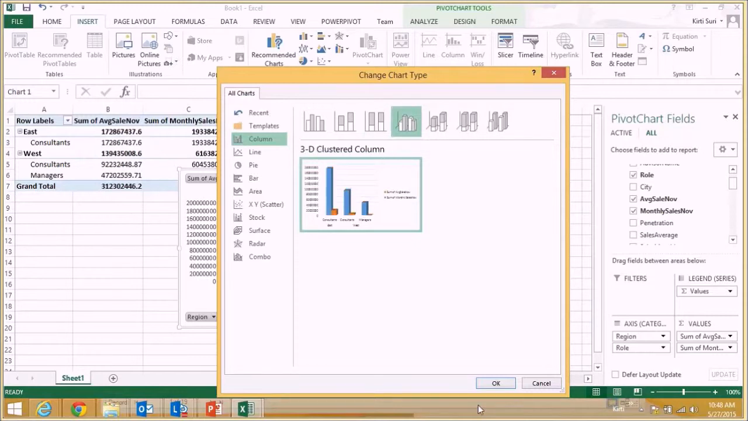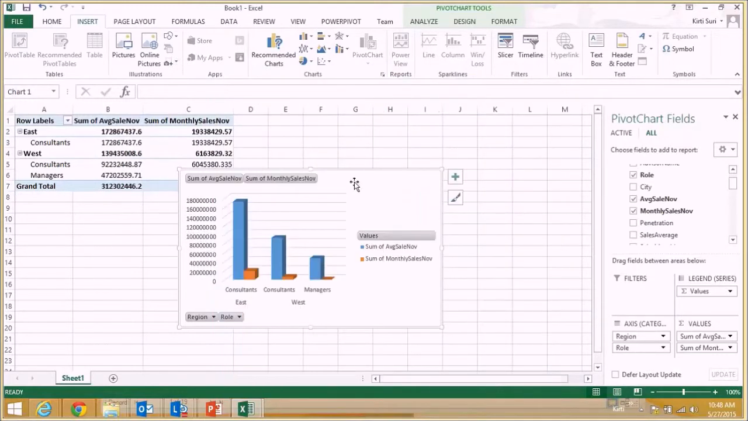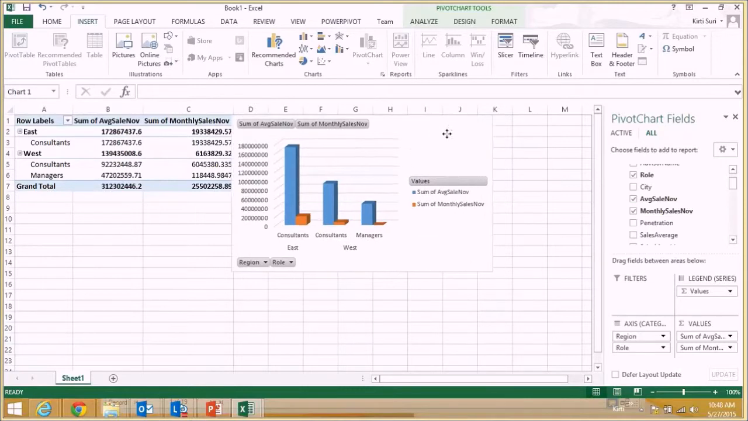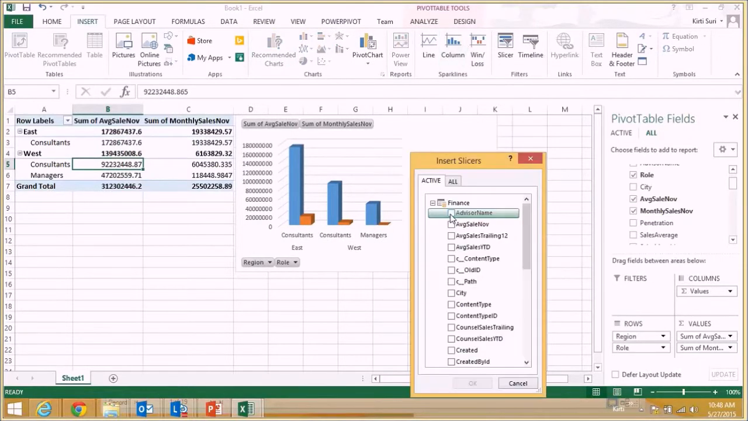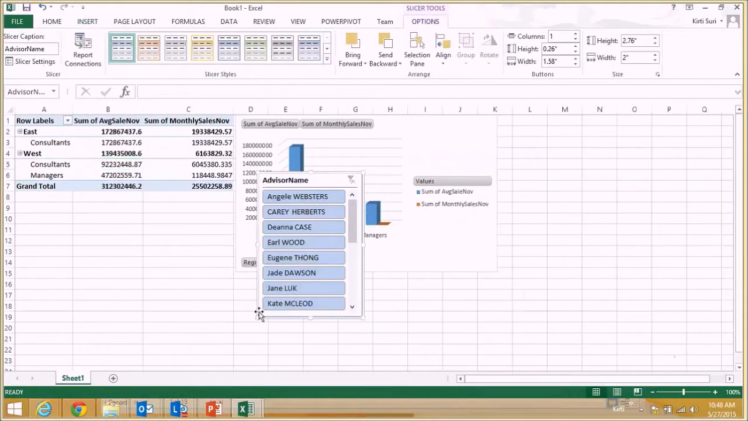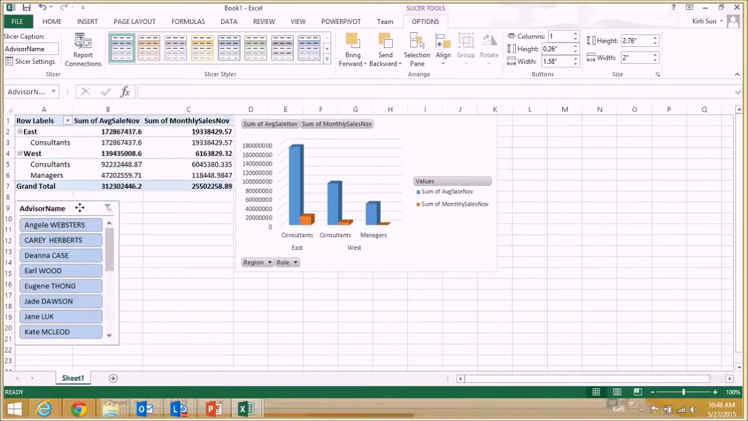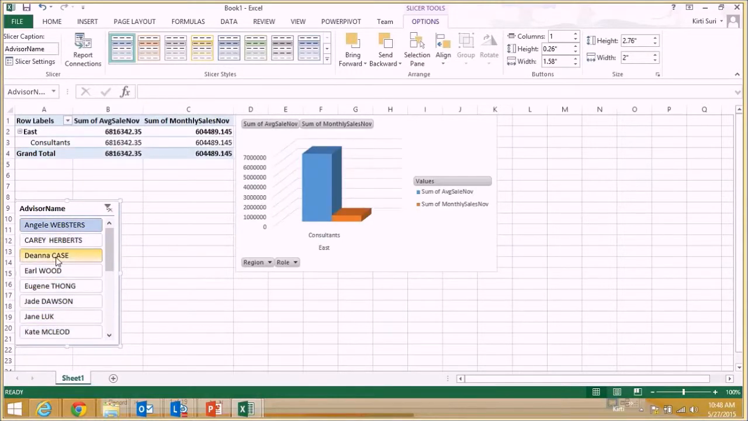Okay, this looks good. So I'll choose this. Also insert a slicer with the advisor's name. What this slicer will do is it will help me in slicing and dicing the data. So I can choose one of these, and you see the data is getting changed on the graph. So just for this, because he's just a consultant, he's not a manager, so only one graph is being